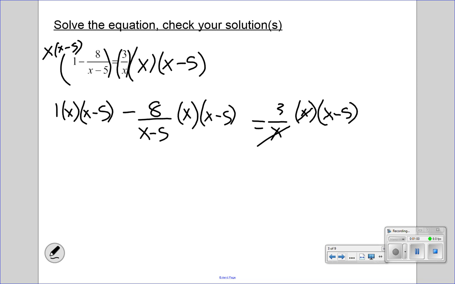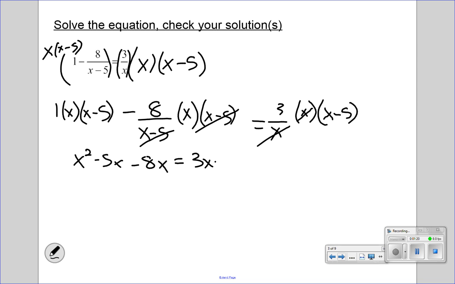So now we can cancel out anything that we are able to cancel out. So we have x squared minus 5x minus 8x